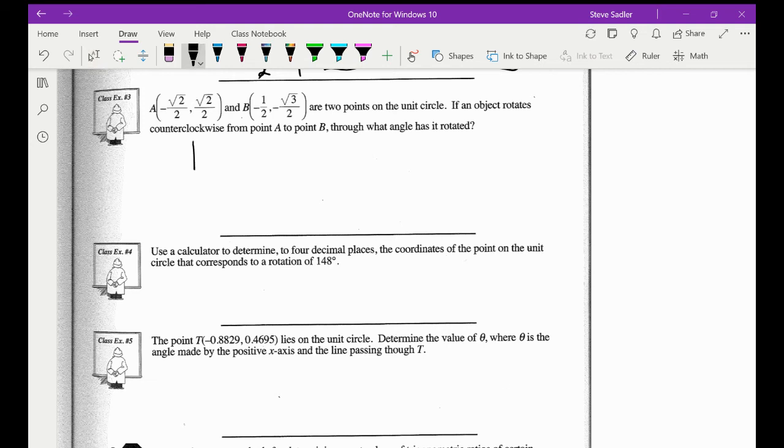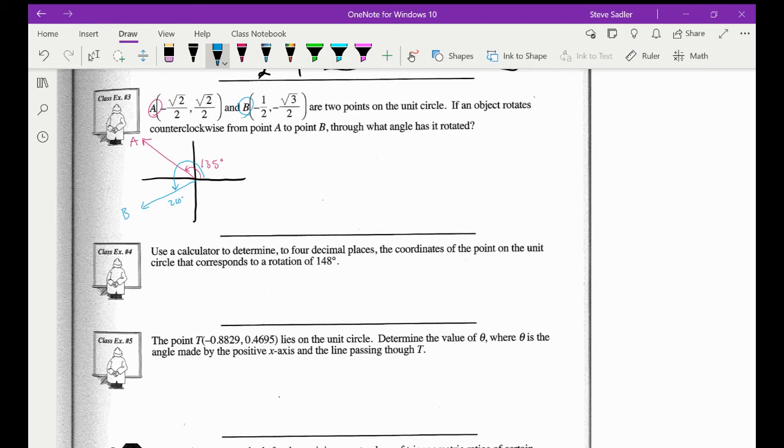Well, here's our coordinate system. Point A is negative root 2 over 2 and root 2 over 2. And you can see that gives us 135. So that's going to be right there, and that is 135. Point B is negative 1/2, negative root 3 over 2. And that's going to give us this angle down here, if we look on our unit circle, of